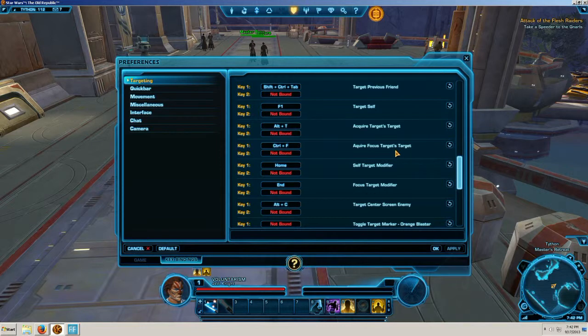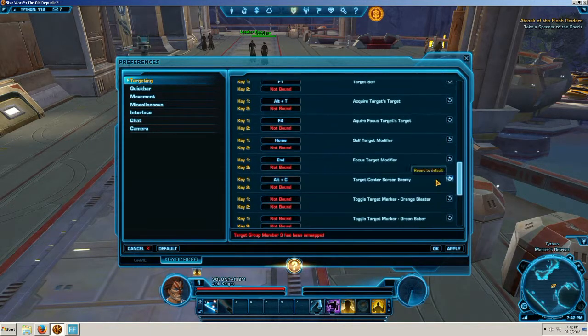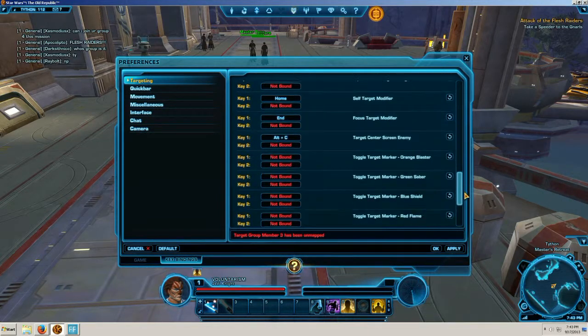If you want to set up focus targeting, this is how you set up focus targeting. You need to set up your hotkey here, which I set as F4. Acquire focus target. And then here's a self-target modifier. Some people like to use that. I personally don't like it, but it's a good thing to use. Basically, when you're holding down whatever key this is, you don't have to actually target yourself, but you'll start casting heals on yourself, so that way you don't have to retarget the guy you're healing. But I'm just so used to a different way and it's faster for me to do it the other